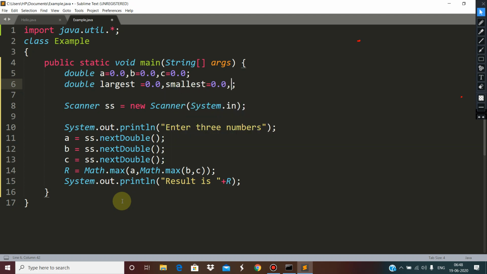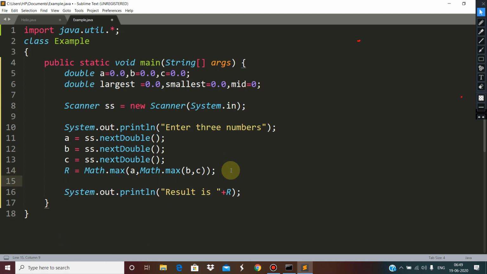Then we have one more variable, the middle one, or the second largest one. This is the statement for the smallest, and this is the largest.